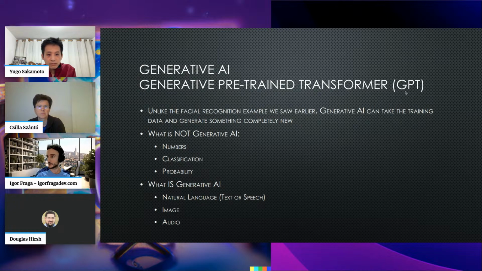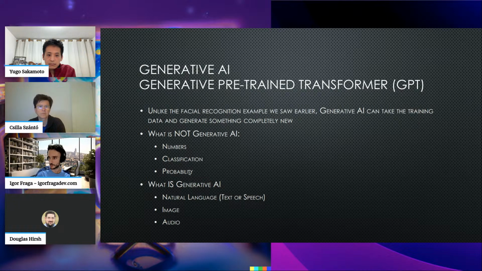GPT stands for generative pre-trained transformer, from ChatGPT. Unlike the facial recognition example we saw earlier, generative AI can take the training data and generate something completely new. And that's nice to see because we do have some stuff here. What is not generative AI?